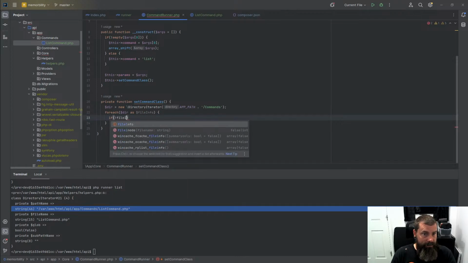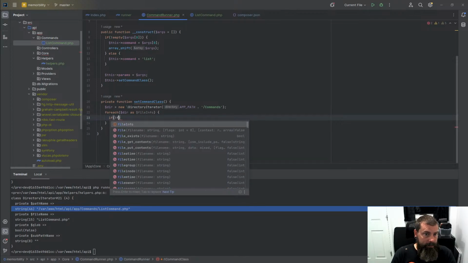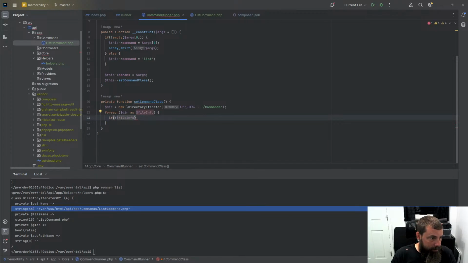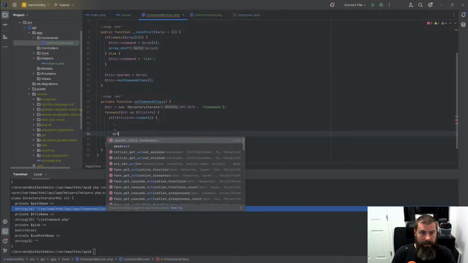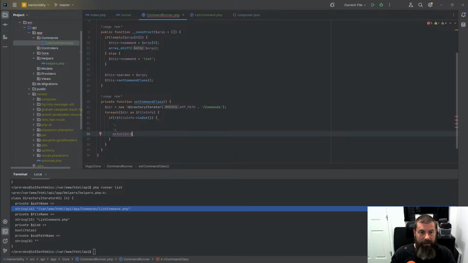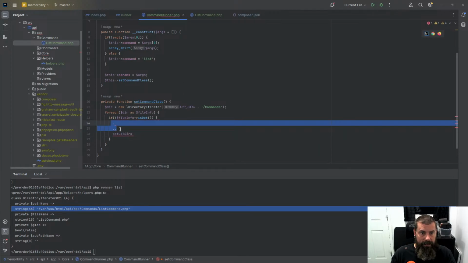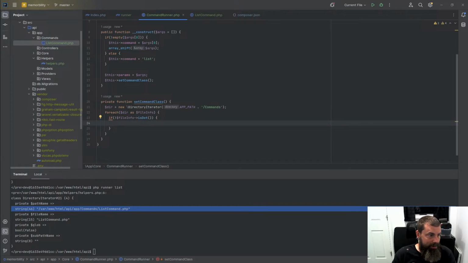So the first thing we're going to do is we're going to say if not fileInfo is dot. So inside of a directory usually you have dot, and then you'll have dot dot, and then you have actual directories. This is going to exclude the dot and dot dot. That's what this is going to do. So fileInfo is dot. If it's not that, then what we're going to do is we're going to say class is equal to, and this is what I mean by hard coding it. We're going to have to hard code in our namespace,